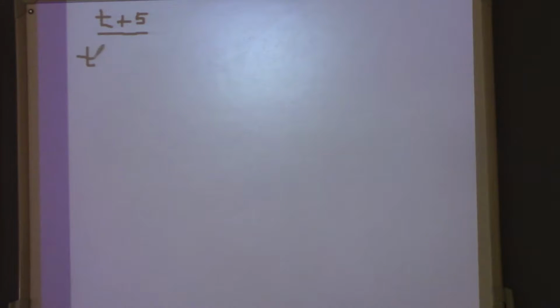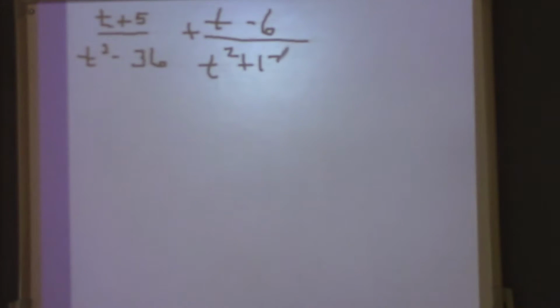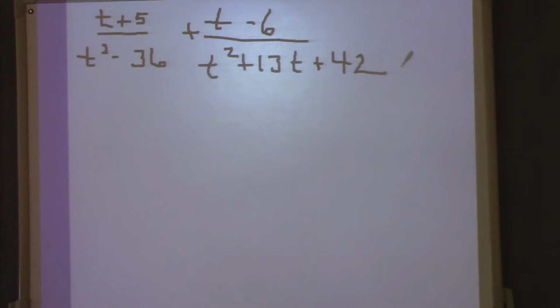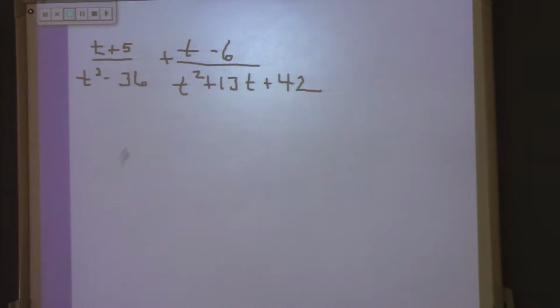What was the problem? T plus 5 over T squared minus 36, plus T minus 6 over T squared plus 13T plus 42. Okay, make sure that's written down right. Not pretty, but right. That's T plus 5